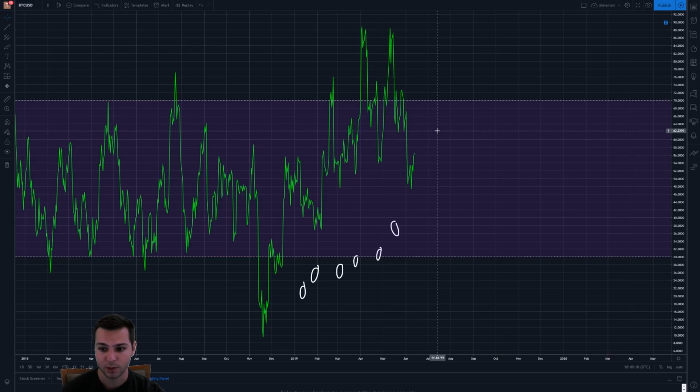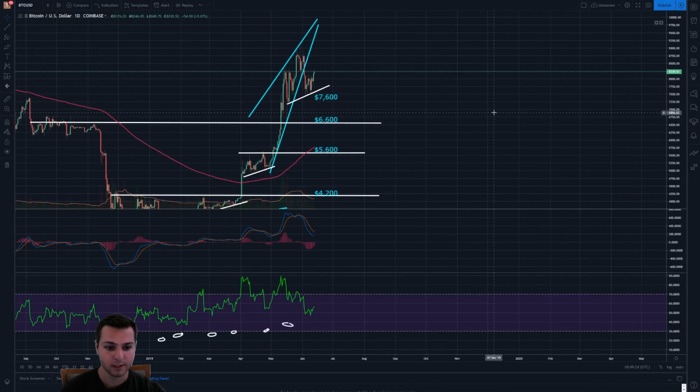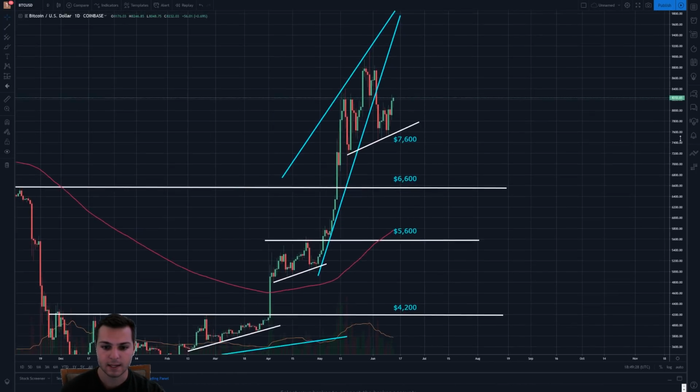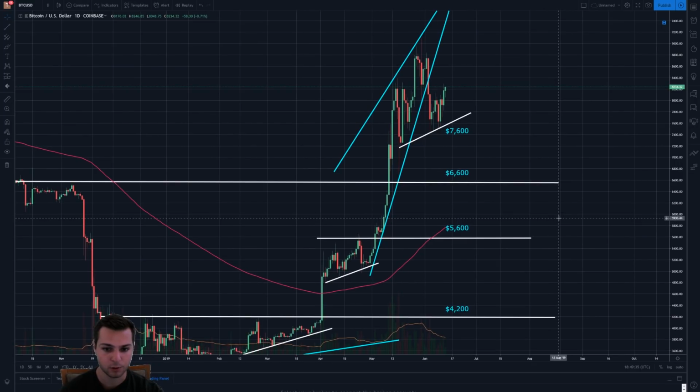A lot of room. So this thing could keep climbing for days at a time before even wanting to come back down and be bearish again. So time will really tell in this scenario. I do think that this continuation pattern was worth making a video on. Again, very similar to the couple of other ones that we've had in the past over here. They're not identical. It's very rare that you get an identical one,